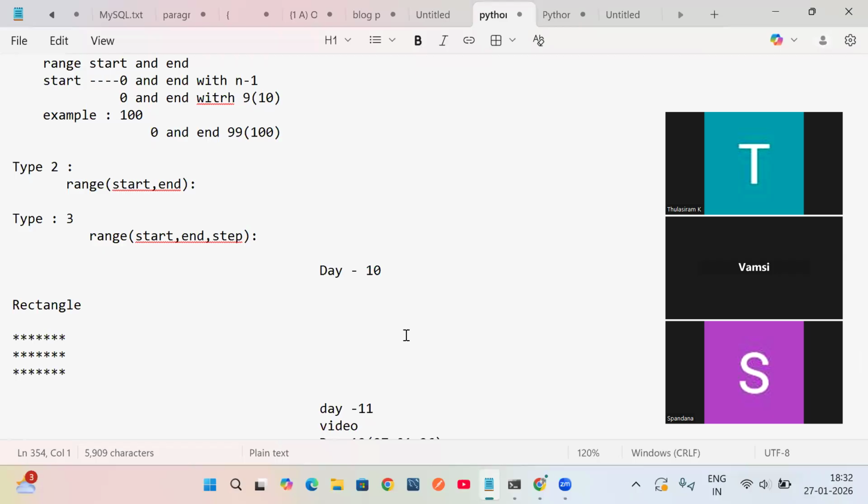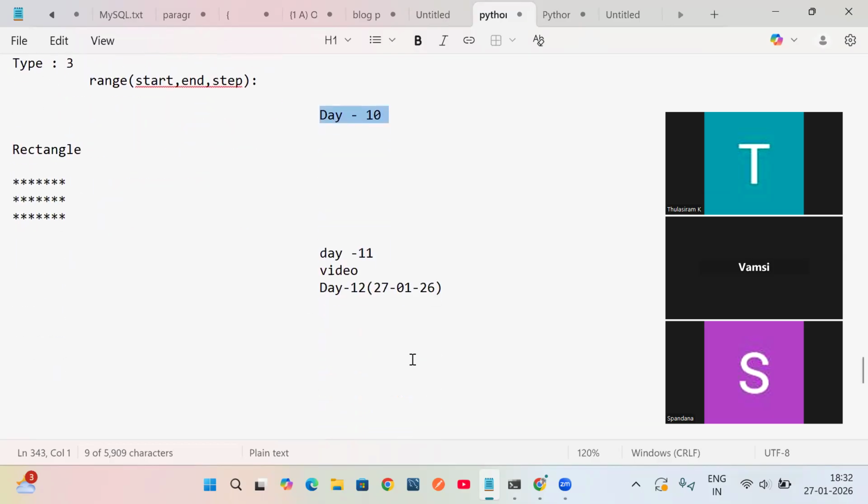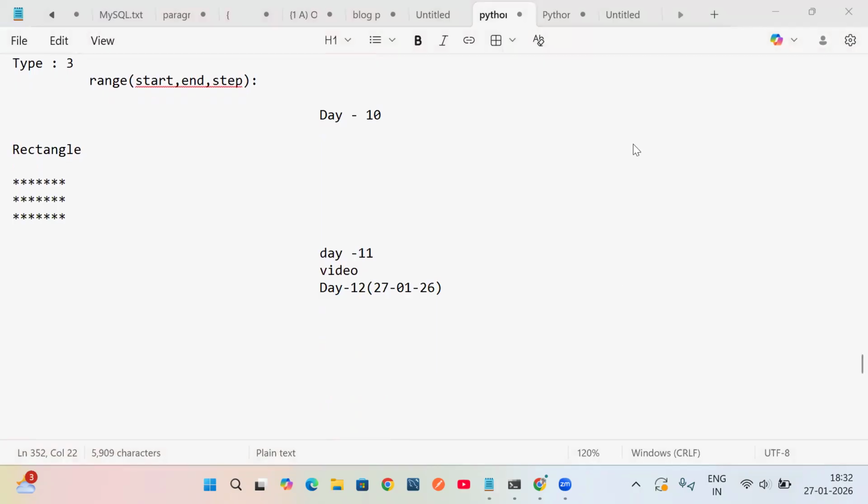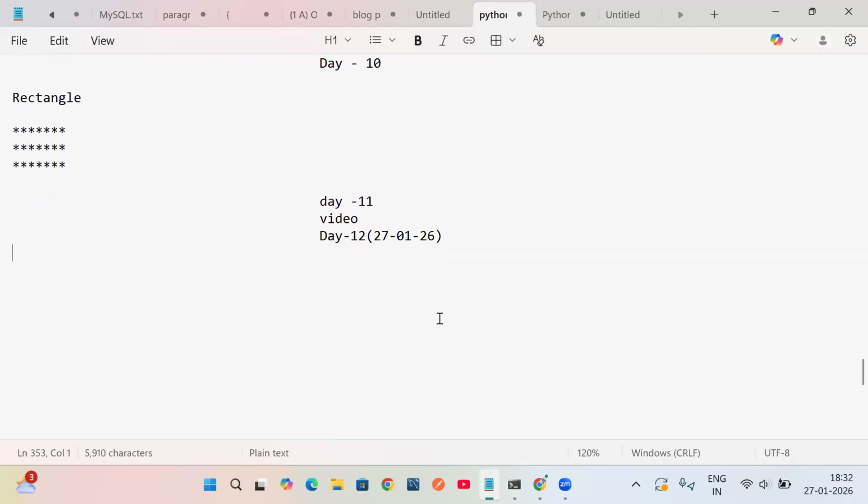So last, on day 10, we discussed the rectangle and the introduction, and on day 11 I will post a small video which is a continuation on data structures and how to debug. You should go and see that, because it is only a continuation. So today we are going to see a little bit of introduction to data structures, and then go step by step. Okay, so first of all,